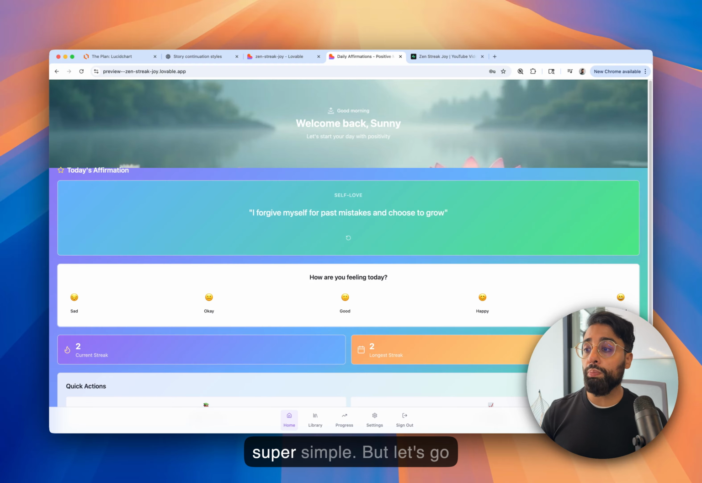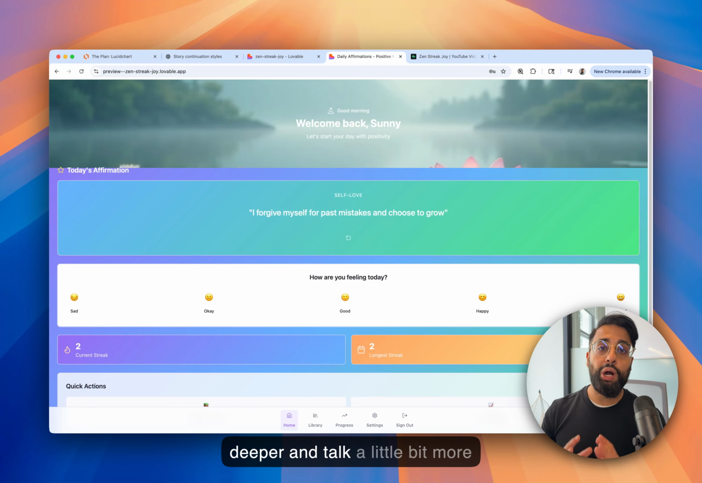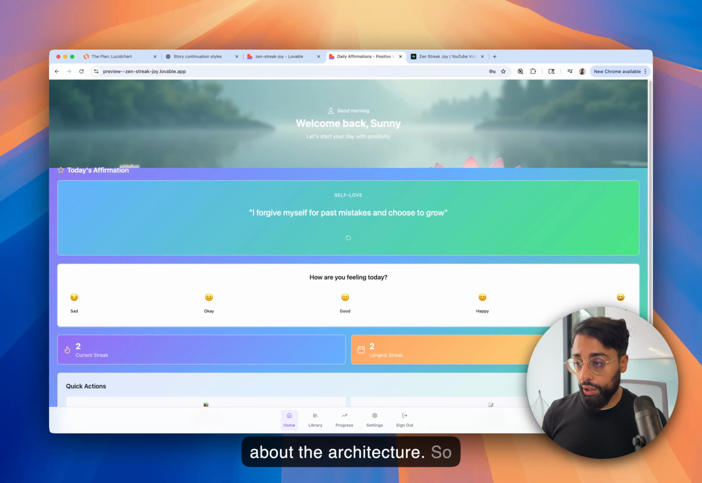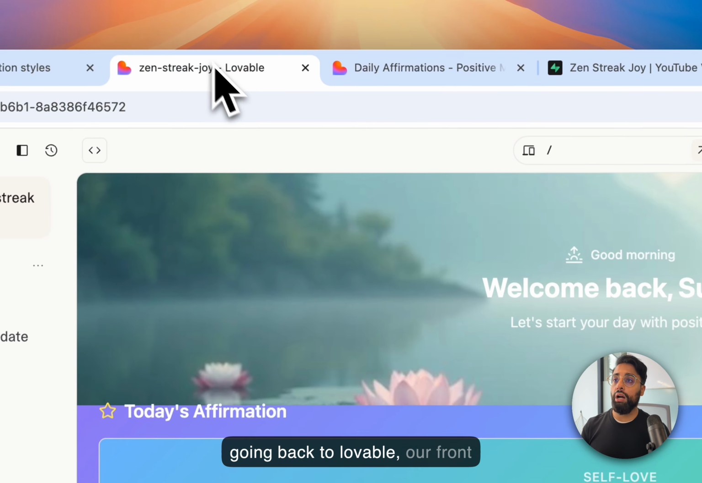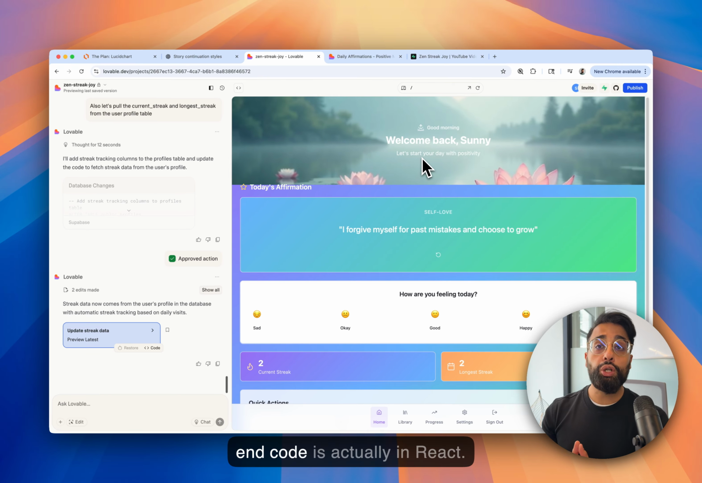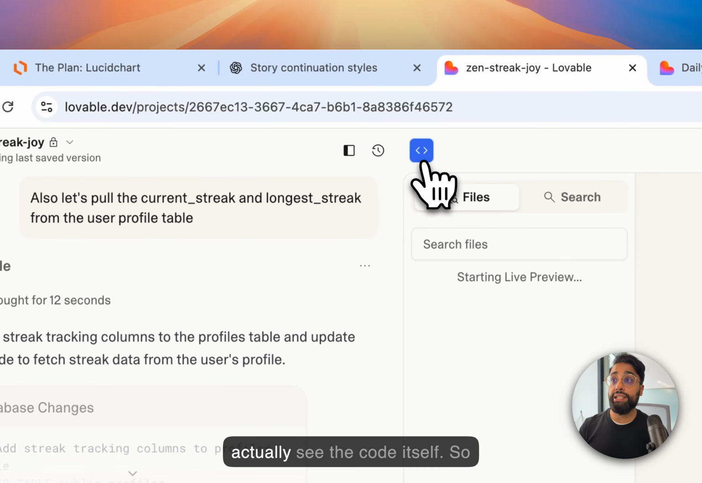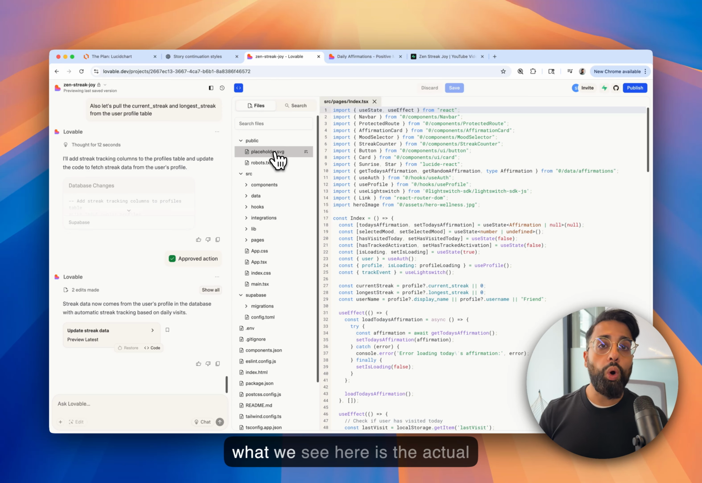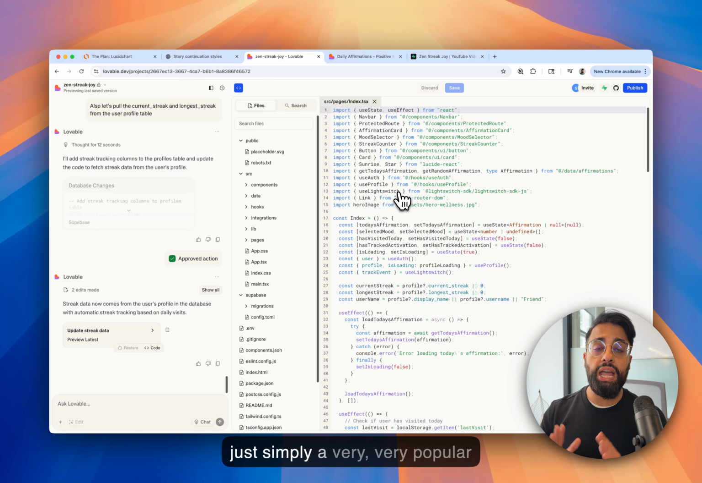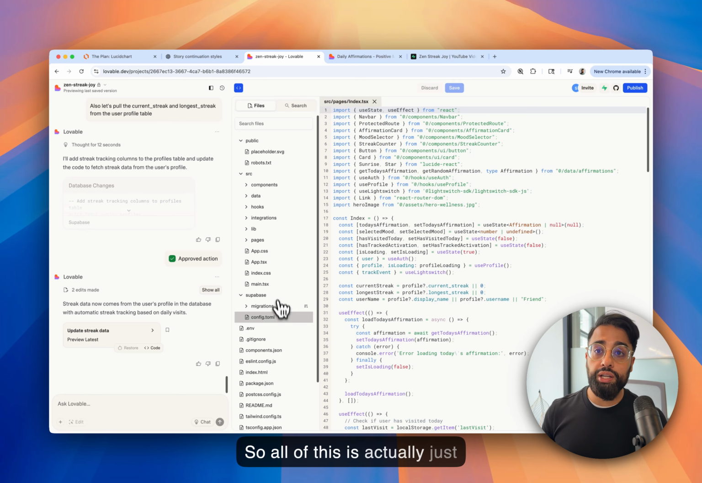So super, super simple, but let's go deeper and talk a little bit more about the architecture. So going back to Lovable, our front-end code is actually in React. So let's actually take a look at where that lives. If you click on this little icon here, you can go to code mode in Lovable and actually see the code itself. So what we see here is the actual React code. This is all the front end. Now, remember, React is just simply a very, very popular way of writing JavaScript code. So all of this is actually just straight up